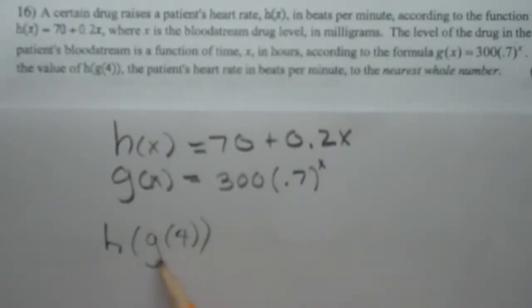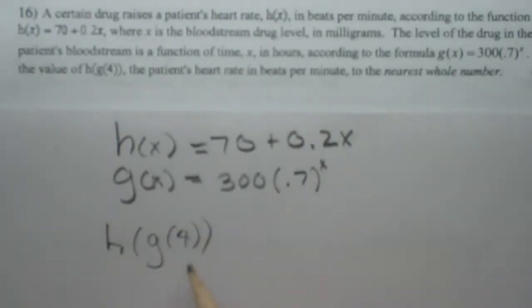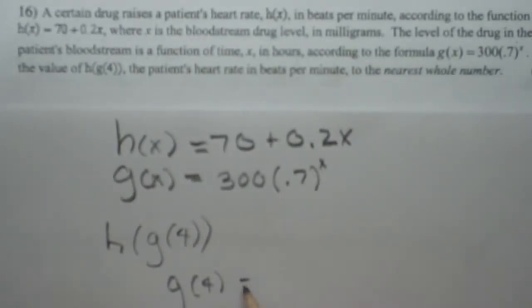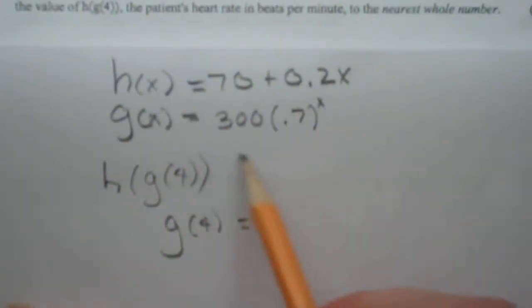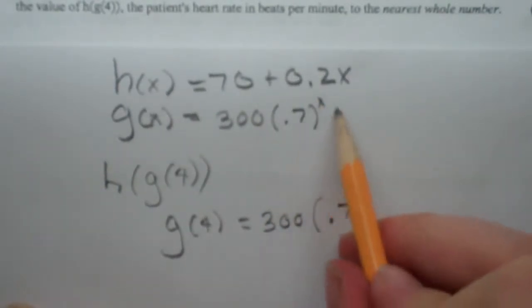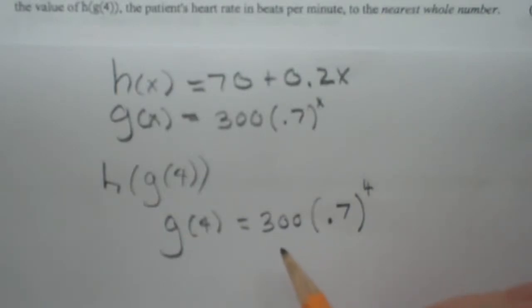We just have to work from the inside out. Let's first find what is g of 4. Well, g of 4 is equal to, we use this as our guide, 300 times 0.7. Instead of the x, we're going to put our 4. Now I'm going to use the calculator to do that. On the calculator, I'm typing in